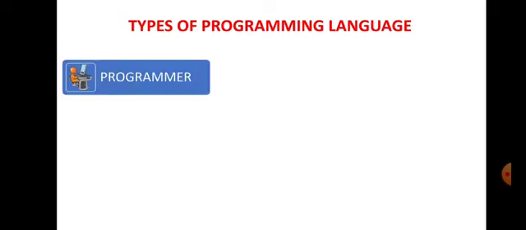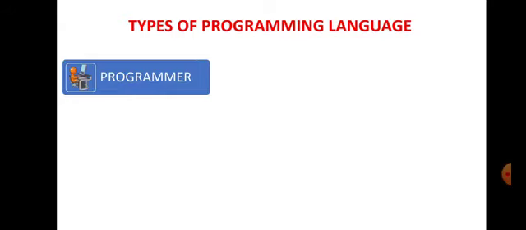Now here let me tell you what are the types of programming languages. Take a look at this slide. As you can see, one person is sitting in front of the computer. Can you identify who he is? You're right, he is a programmer.